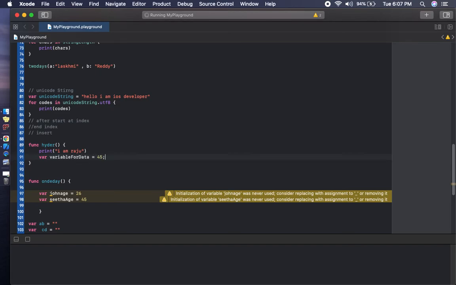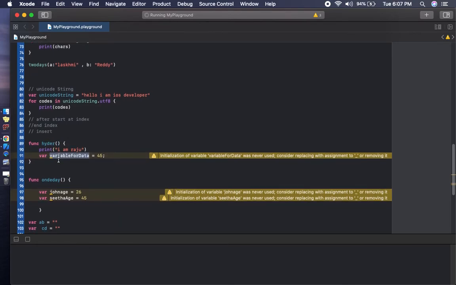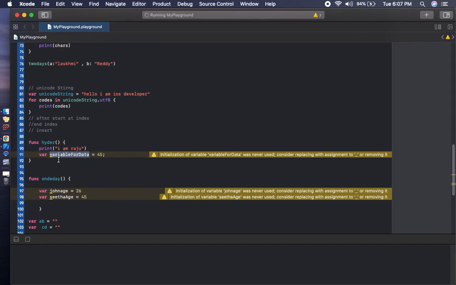Whenever we want that variable data, we have no need to write it many times; we call that function and fetch the value from there. So we mainly use functions for reusability.